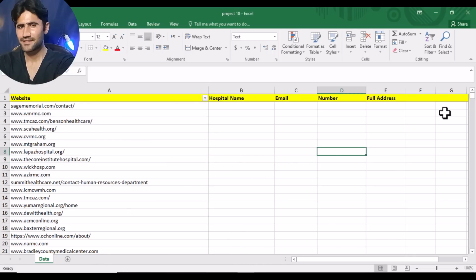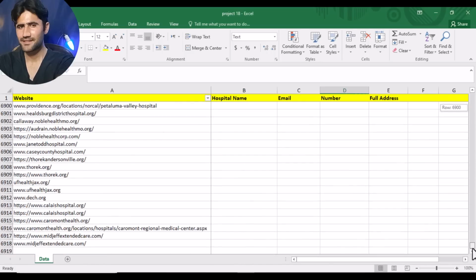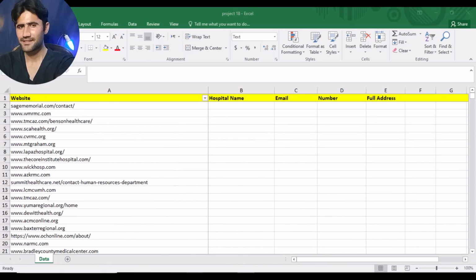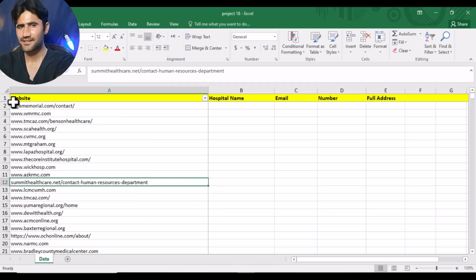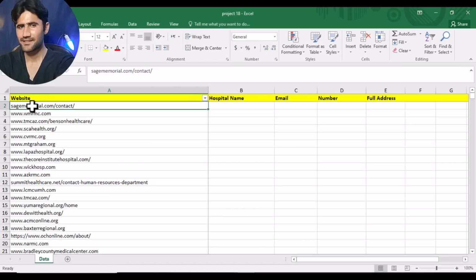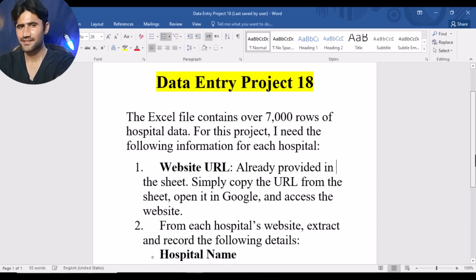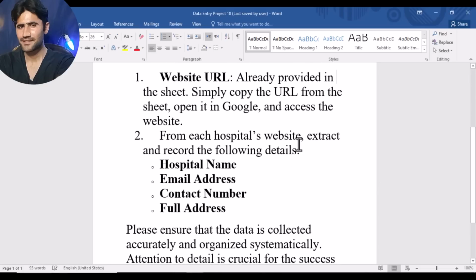So here is the Excel file. You can see there are 7,000 leads. And he's saying that the website is already provided in the sheet, simply copy the URL from the sheet, open it in Google and access the website. So here you can see, guys, he already provided me this website URL, and he's saying that you just need to copy the website URL and paste it in Google. And let's see what they're saying here. He's saying from each hospital website